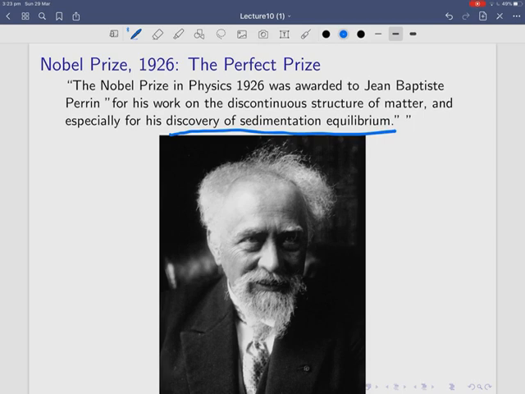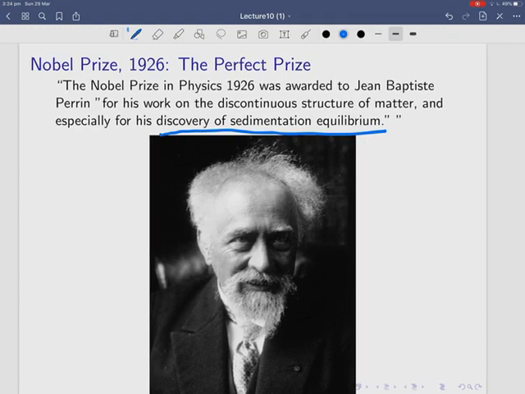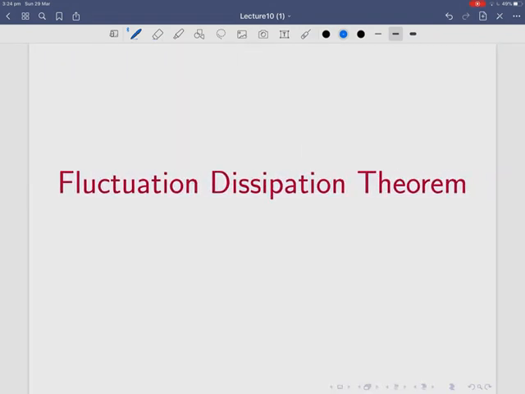And in my view, it's also the perfect prize because it doesn't involve building a telescope the size of Texas or a particle accelerator the size of Switzerland. It's about the real world. It's about stuff people are going to see. If you have to work really hard and build an enormous piece of apparatus to do your experiment, the problem is that no one else is going to see it because they have to do exactly the same thing. Whereas if you do your experiment with very small scale apparatus, it's probably important. Okay, so that's Perrin's prize, one of the best Nobel Prizes ever.